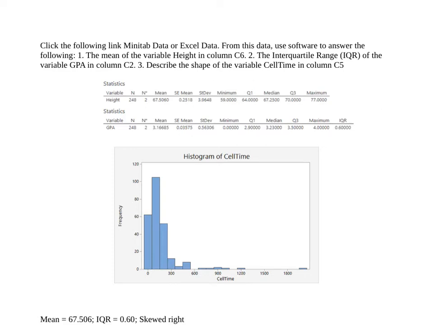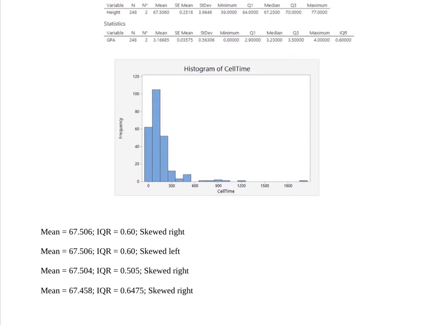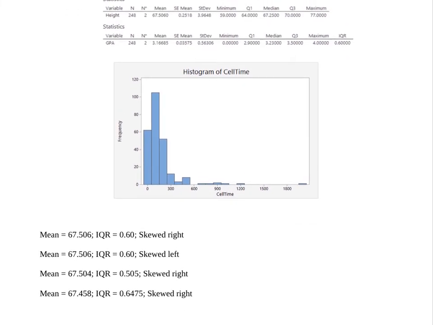So I'll upload some videos to show you guys exactly how to get this output, because this is what we want. We want to have the summary statistics for height, summary statistics for GPA, and then we want to have this histogram of cell time. And you're going to want to use these three to answer which one of these is correct. Right, so first